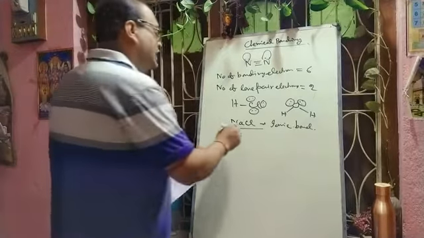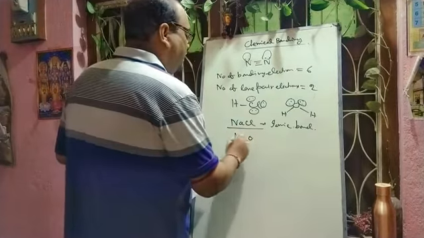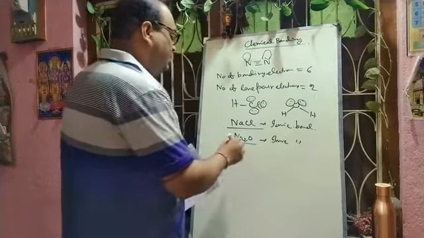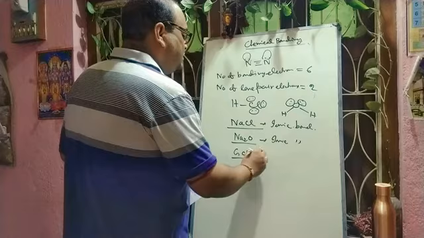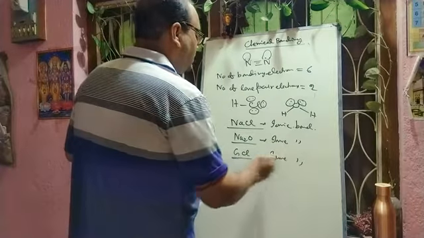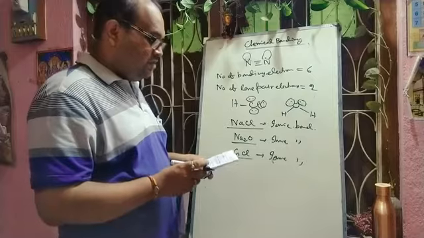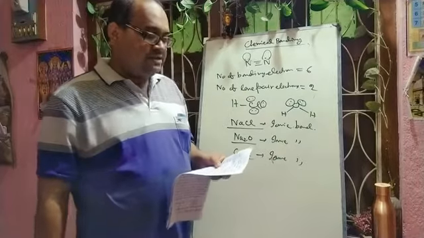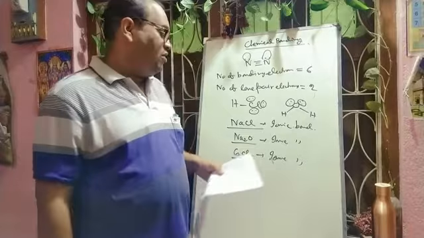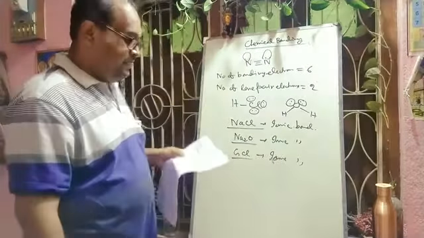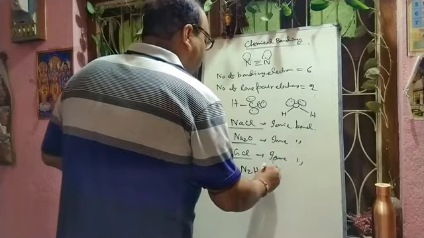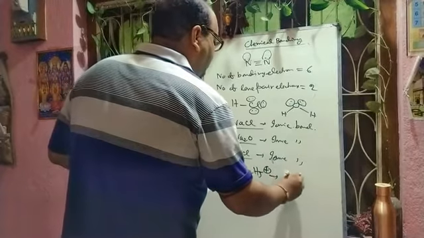If we consider Na2O, this is also metal, non-metal, so this is also ionic. And if we consider cesium chloride, this is also ionic, because cesium is a metal and chlorine is a non-metal. So what was your question? Which of the following compounds contains a coordinate bond? So all of these contain ionic bonds. But the last example given is N2H5 plus. So definitely it contains a coordinate bond.